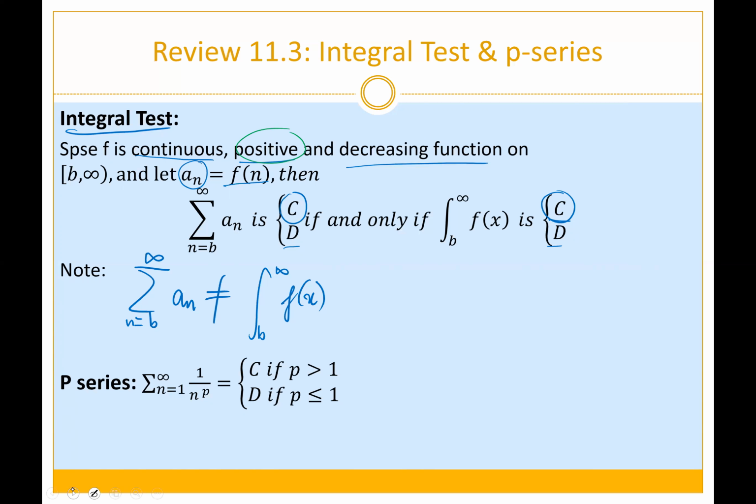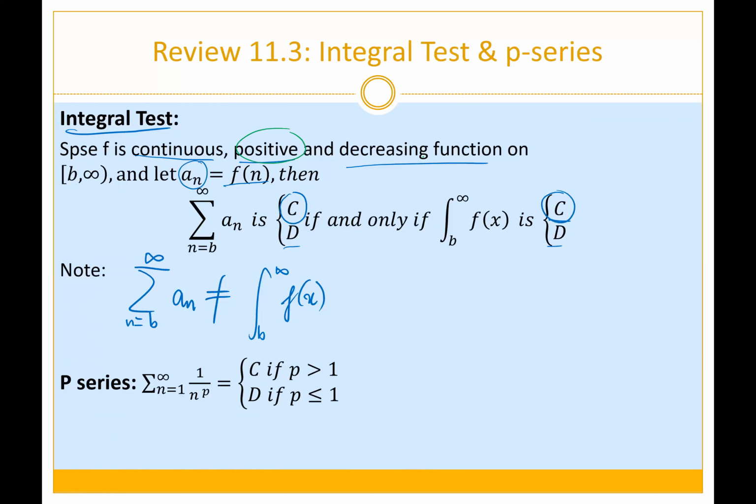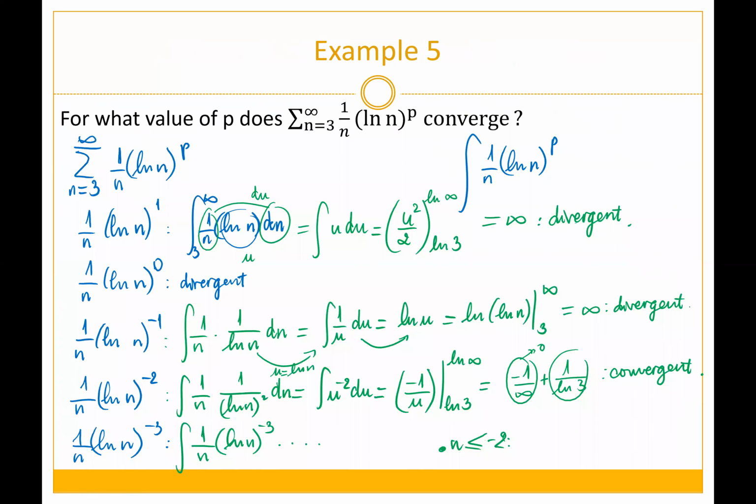I try to make the starting point of n at 3, which is going to make every term, both ln of n and n, positive. So we also need one more thing: it's a decreasing function. So after you get this value of, say, n equal to negative 2, try to find their derivative and make sure that it's decreasing. So just for this question alone, in the exam, I can write 5 different ways